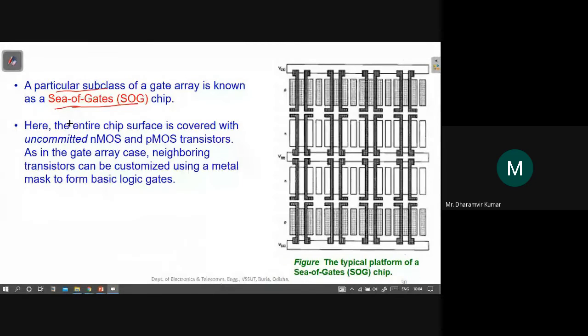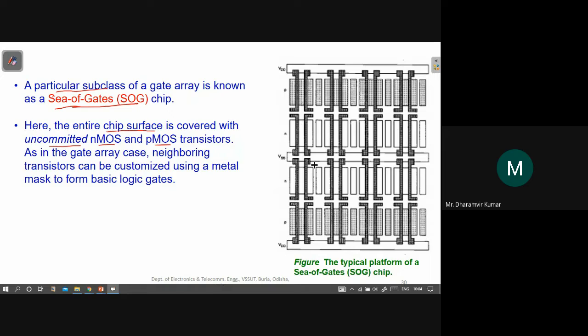Here, the entire chip surface is covered with uncommitted NMOS and PMOS transistors, only transistors, nothing else. As in the gate array case, neighboring transistors can be customized using a metal mask to form basic logic gates.